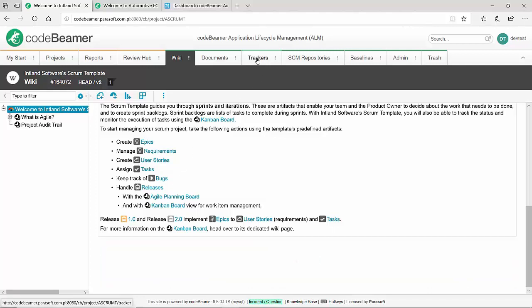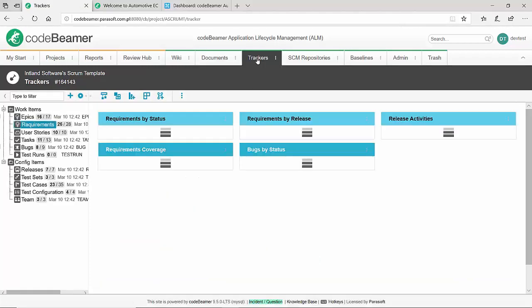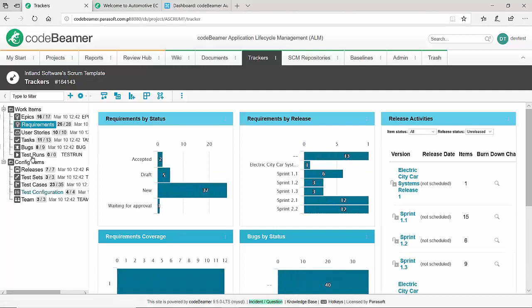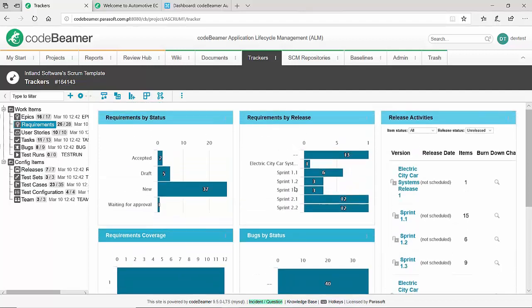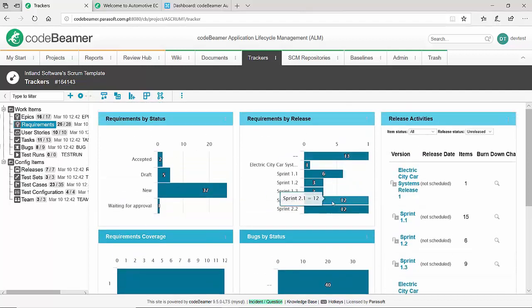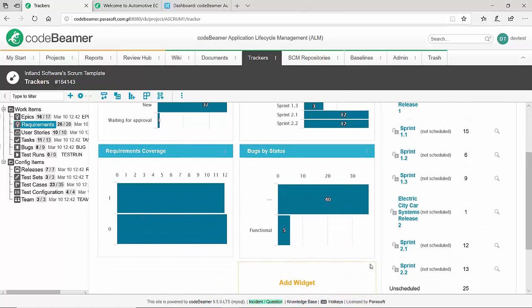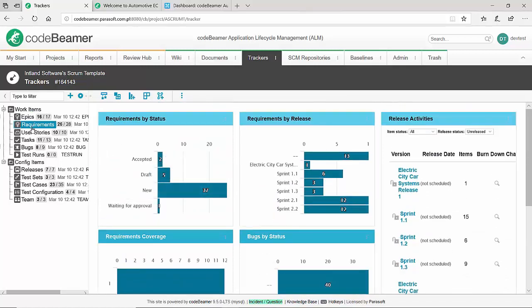There's also another view, which is the tracker view. It gives you another perspective of how this project is organized. You see the work items, requirements, user story, task, bugs, and there's also test runs. And here are the dashboards. As you click around here, you can see the dashboards. We see the status, releases, the sprints, and other information. Now I'm going to dive into the requirements,